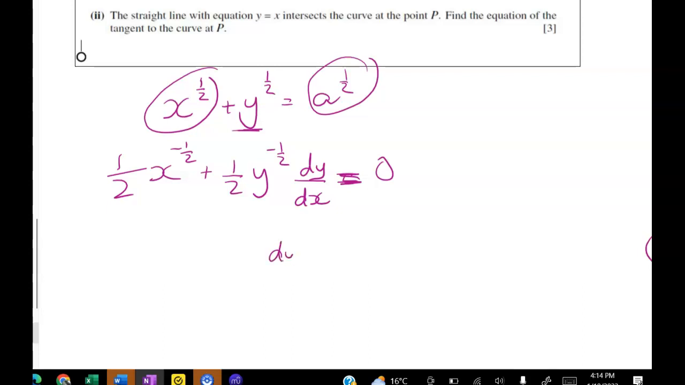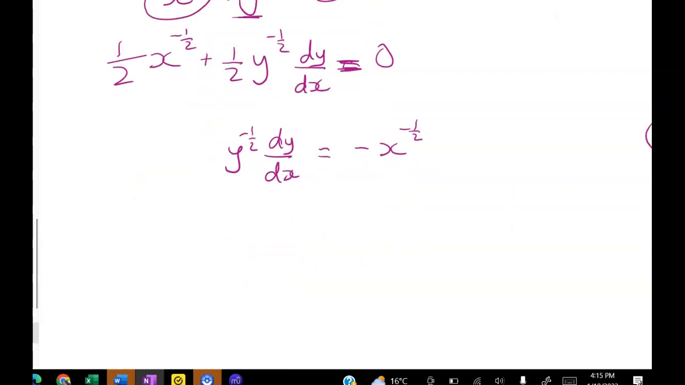Cleaning all of this up gives me the following. Now, it's not a show that question, so I think it's fine to times both sides through by 2. I'll go a little bit slowly. So we've got y to the negative a half dy by dx is equal to negative x to the negative a half. And at this stage, I think it's worth writing that as 1 over root y dy by dx is equal to negative